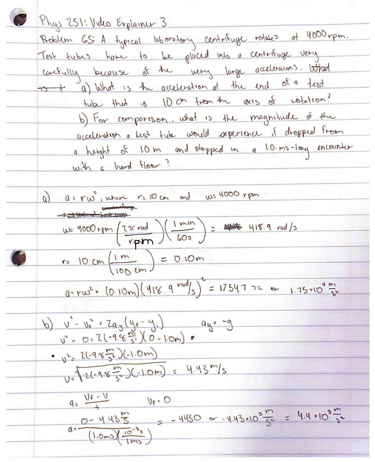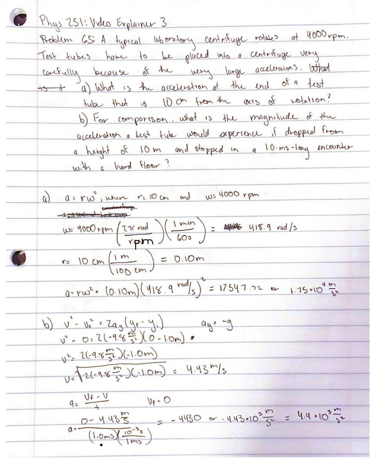We will then simplify and take the square root to find that velocity is equal to 4.43 meters per second. We will then take this velocity and plug it into our acceleration function here for this v. The final velocity will be 0 because the test tube will be on the ground, and then we divide that by time. When we plug in our knowns, we get 0 minus 4.43 meters per second